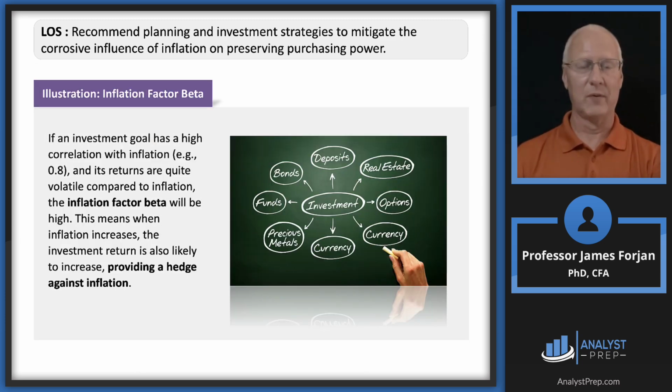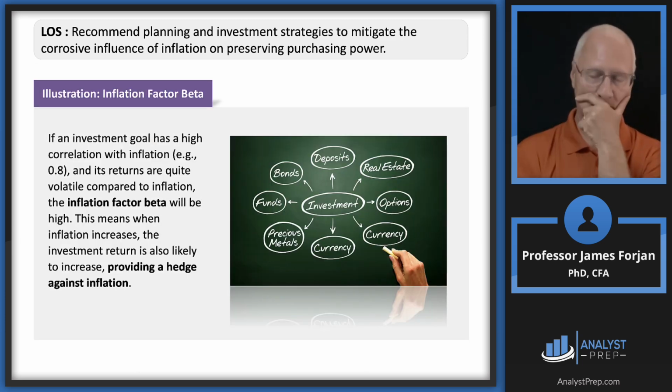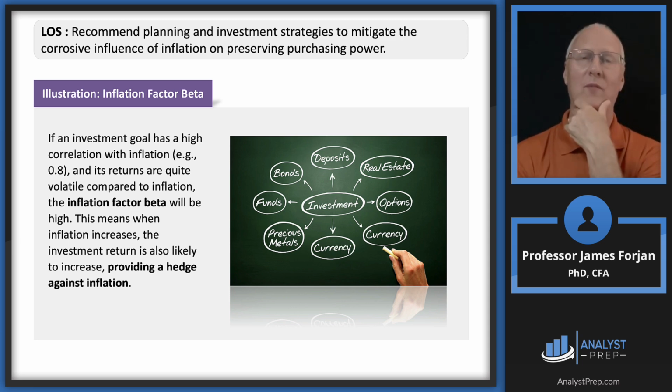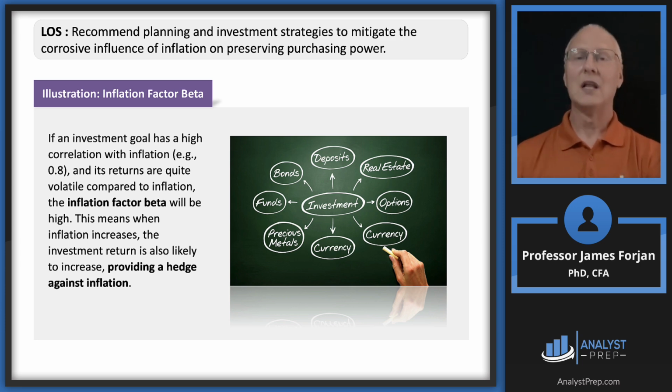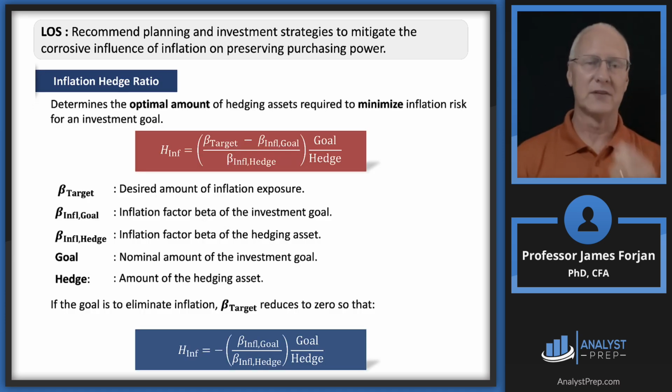Now, let me say something before we move on to that hedge ratio. Remember throughout the CFA program, we have this kind of a concept that, and we'll talk about this a little bit later in the slide deck, what's a good protection against inflation. Well, let's go ahead and buy gold. All right, that makes sense. Let's go ahead and buy peaches, or let's go ahead and buy chickens, or some commodity out there, because when inflation rises, then the price of those things rise. But it's a little bit more complex than that, and this is what the next section does for us.